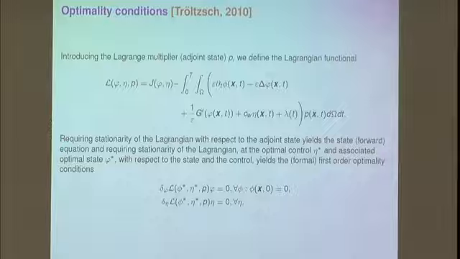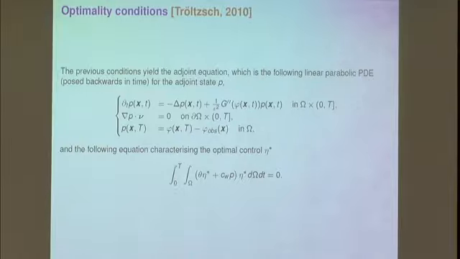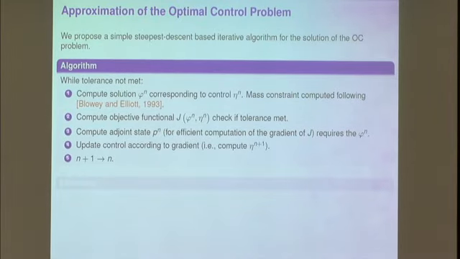Stationarity of the Lagrangian with respect to P gives you your state, and these are the remaining two first order optimality conditions. The first one gives you your so-called adjoint equation, which you basically use for efficient computation of the derivative of the objective functional, and you get this equation that characterizes the optimal control eta star. With all of this in hand, we propose a very simple algorithm for the resolution of the optimal control problem